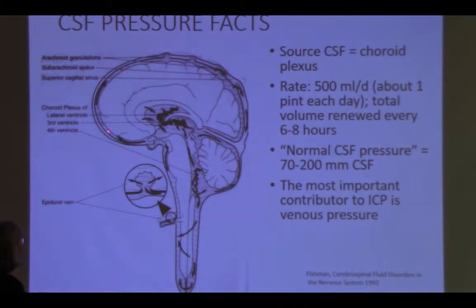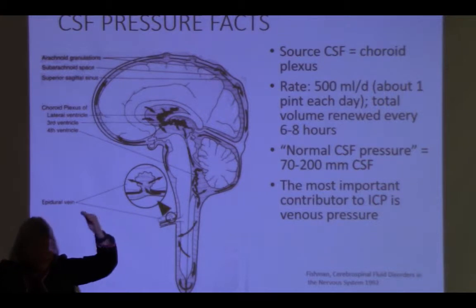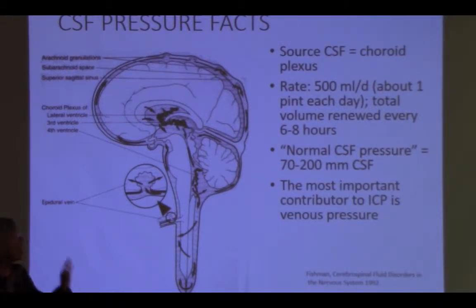There's a big vein that goes across the top. There's one that drains the brain. The arteries come in and give the brain blood, but the veins have to take the blood out of the brain. And you can't imagine how much oxygen and nutrients the brain uses all the time to just function, a lot. And that vein has to take all that stuff out,